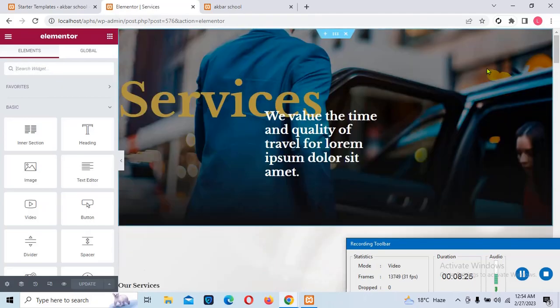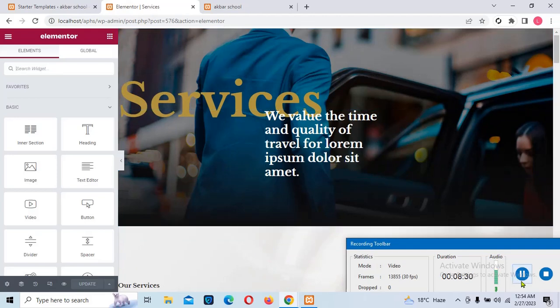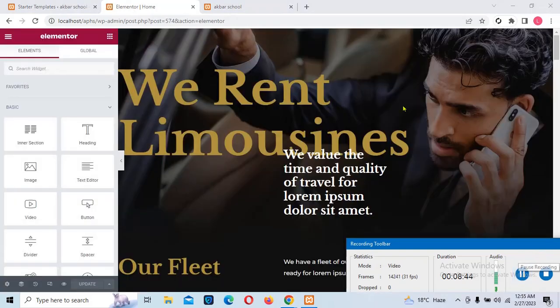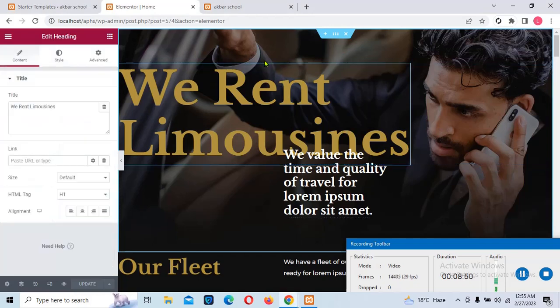You can easily change that if you want. So let's go to Edit with Elementor. Click on Edit with Elementor, and it's here. You can edit anything, like click here, and you can also